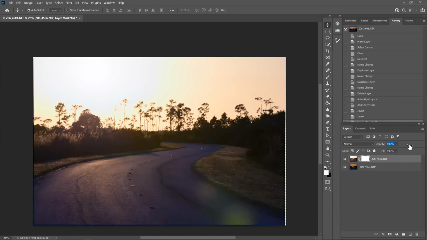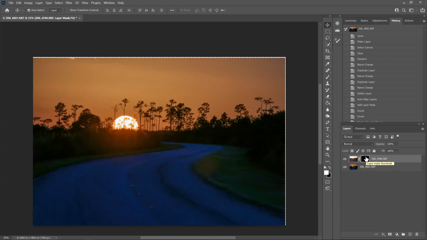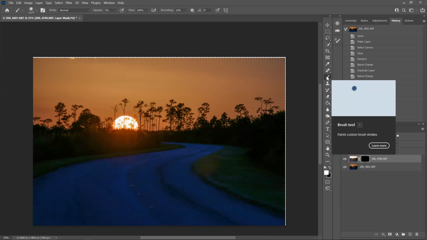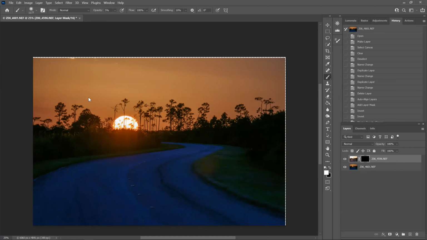Or you can do what I'm going to show you. Black mask, but I want that road to be in this shot. So I am going to paint it in. I'm going to use a paintbrush tool, because I like the sky.